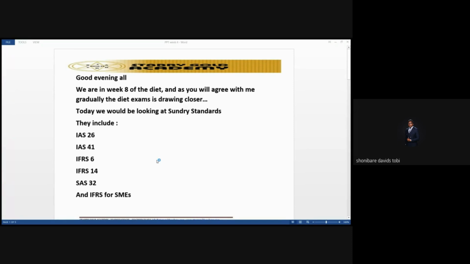But in the next diet, I decided to prepare strategically and prepare like I don't know it. I scored 70 something, right? Maybe 76 or so. In that particular diet, I even had marginal failure, I had 76, right? So it's very important that we prepare strategically, prepare in the right way.